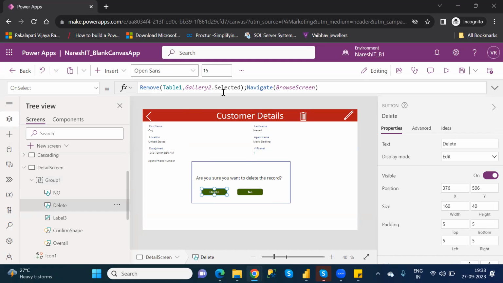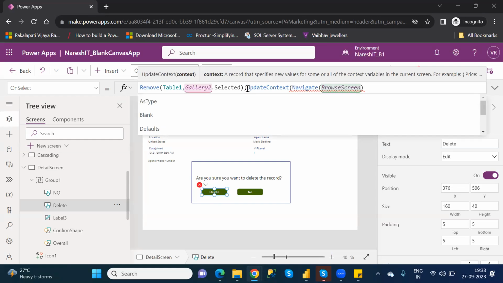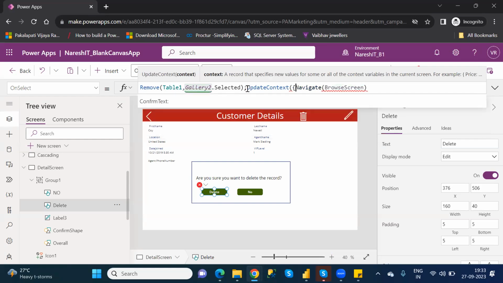And if I click on no, what operation do I need to perform here? From here, between the navigation and remove, you have to write one more update. What is that? The same, update context, confirmation text.